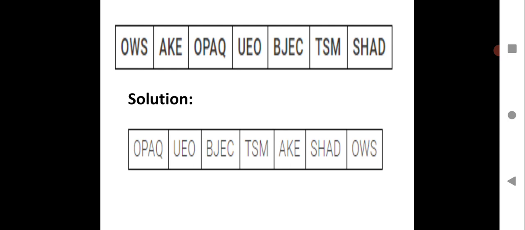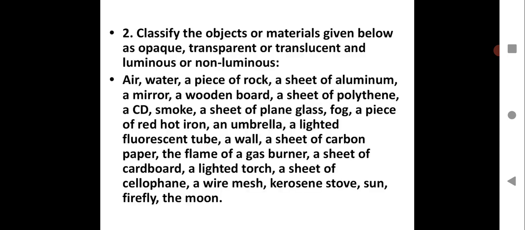So we will go for the next. This is how some concepts can be recollected. You all know opaque objects make shadows, and translucent objects will give you only the borders, not all the detail of the shadow. And transparent objects will not form a shadow, because there should be some object or material which will obstruct the light source; only then will a shadow be formed. That is the main criterion for the formation of a shadow.